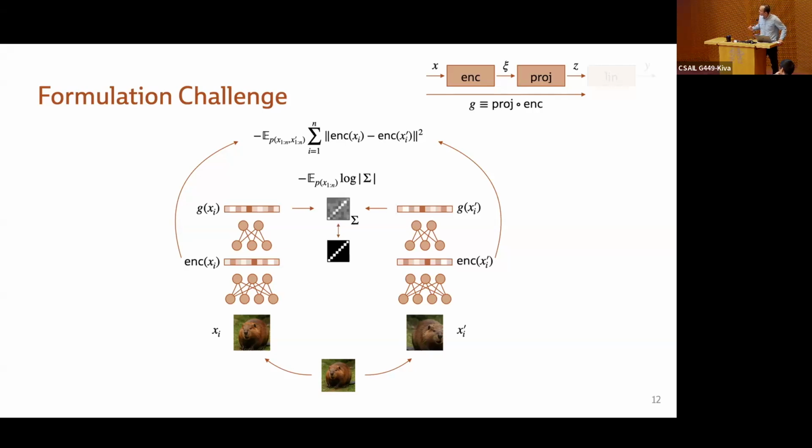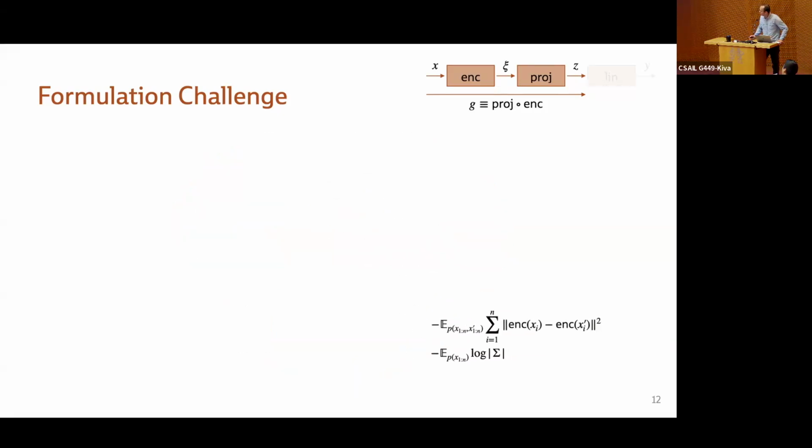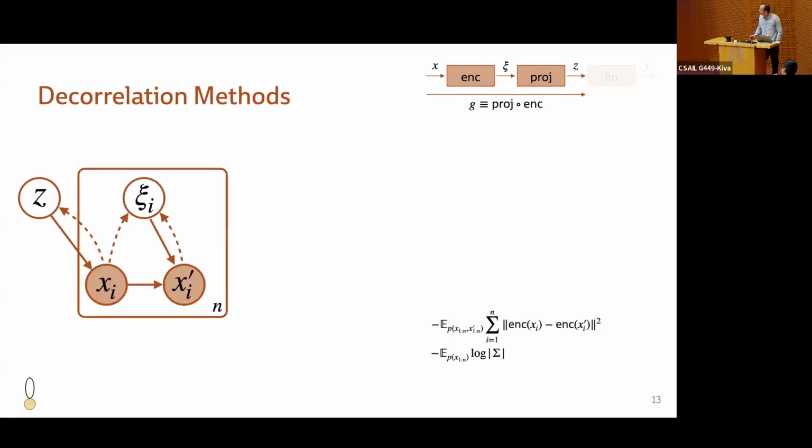So the loss typically used in contrastive decorrelation approaches is based on these two criteria. Now let's look at the underlying probabilistic graphical model behind this objective. We see here the image, the underlying transformed image, and then we have two latent variables. The first latent variable, Z, captures the global information of our dataset, whereas Xi refers to a specific instantiation of our example. So it's a specific instance of our training dataset.